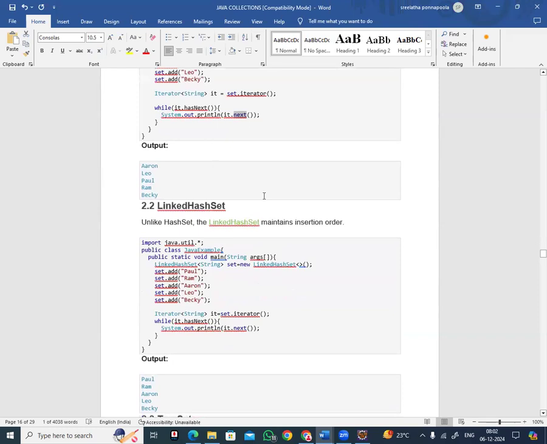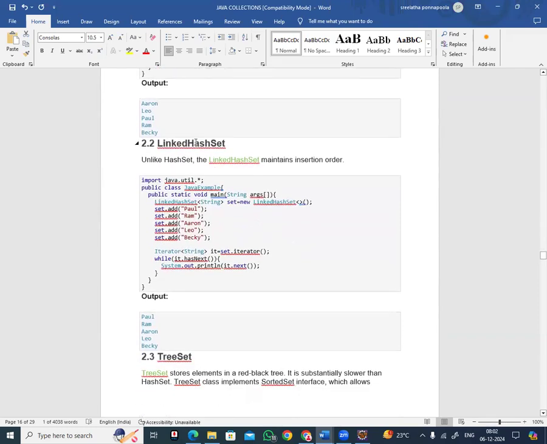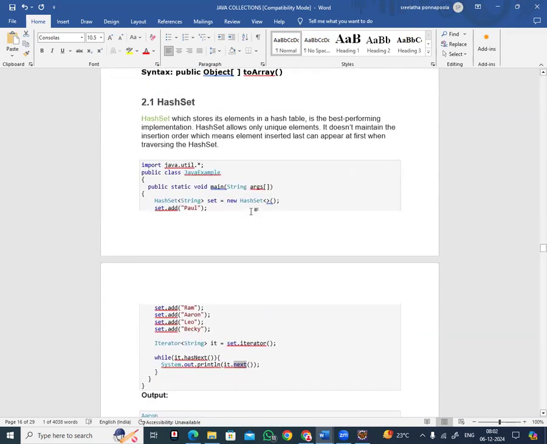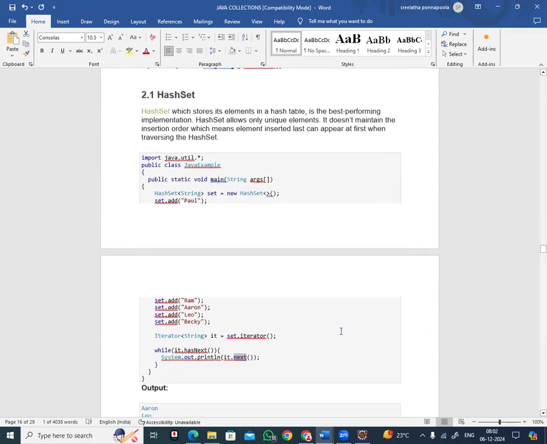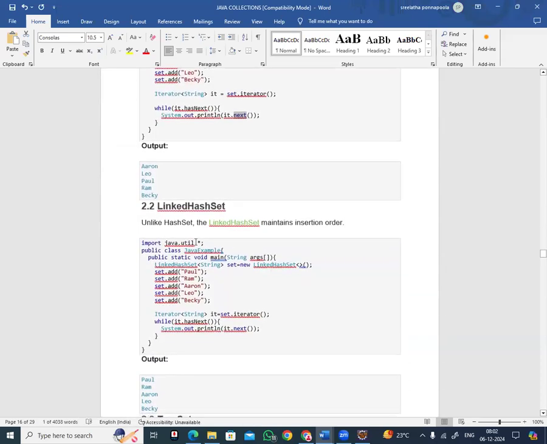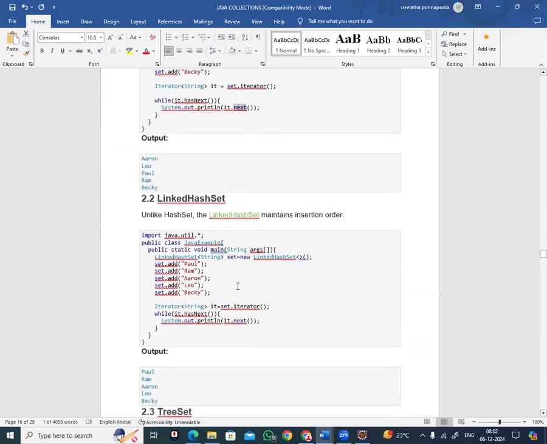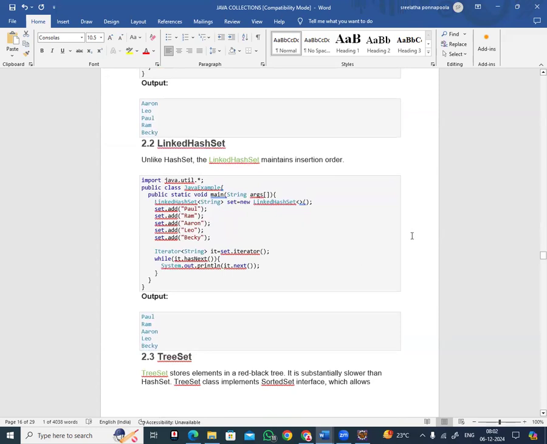In a similar way, we have LinkedHashSet. In the earlier list concept, we have ArrayList and LinkedList. Here in the set concept, we have HashSet and LinkedHashSet. LinkedHashSet maintains order, and in this LinkedHashSet example, what they are saying is it will follow an